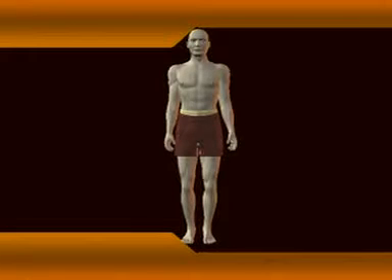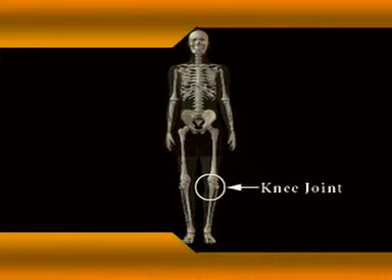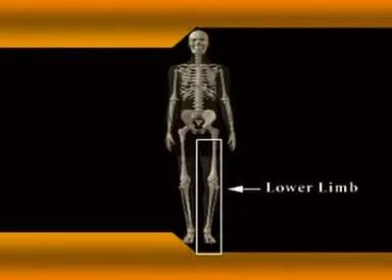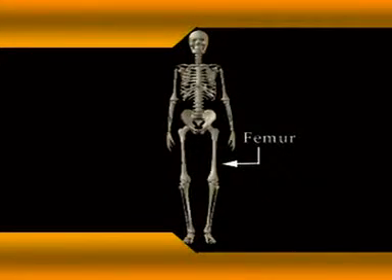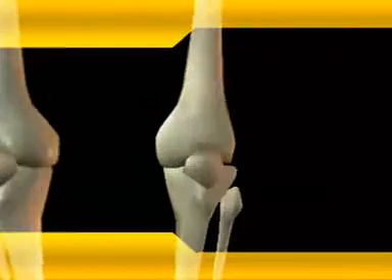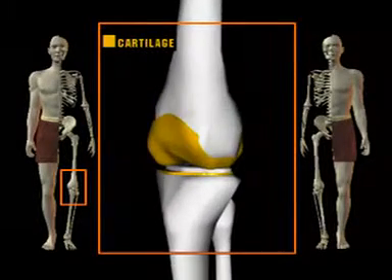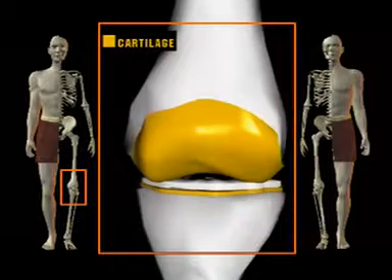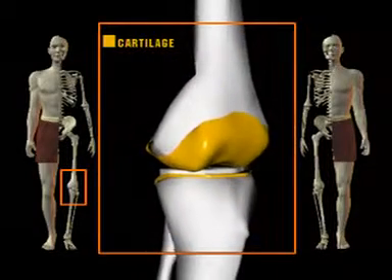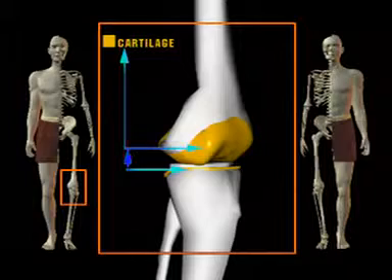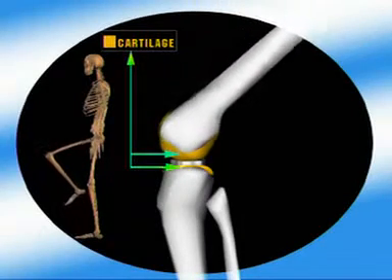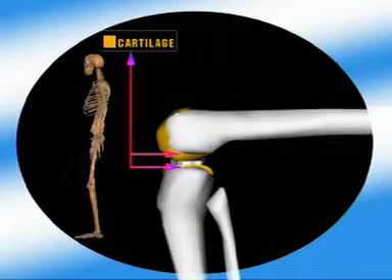To understand arthritis, it helps to know some basic structure of a normal knee joint. The lower limb has two bones, the thigh bone called the femur and the leg bone called the tibia. They are connected at the knee joint. The ends of these long bones are covered by a structure called cartilage, which is a nice, smooth, elastic structure. The cartilage gives a cushioning effect when the joint moves up and down. This gives a low friction mechanism.